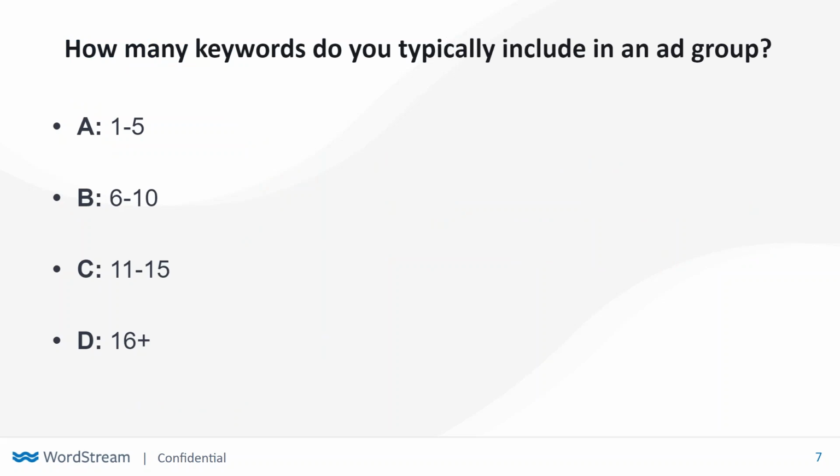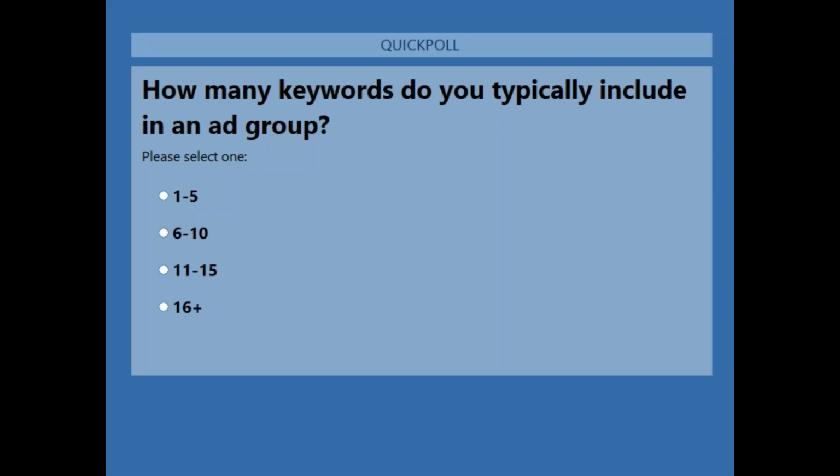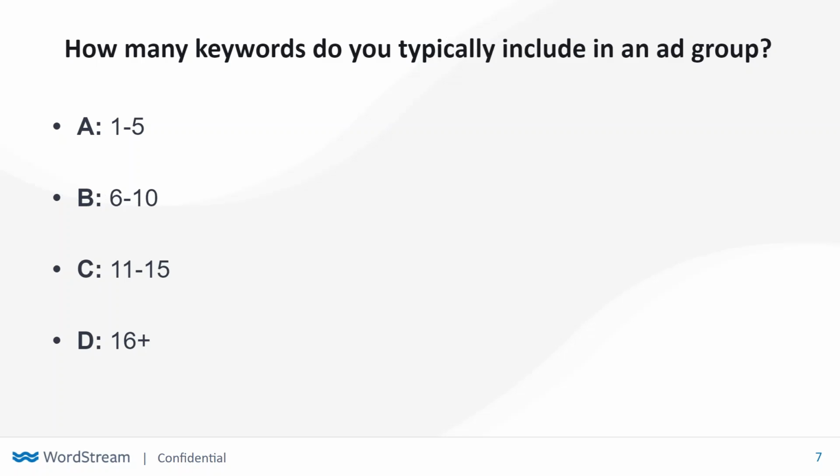Before we get into the agenda for today's presentation, we want to warm up the audience a little bit with a quick question. So when you are building a new ad group in a Google Ads search campaign, how many keywords would you say on average you put in that ad group? Is it 1 to 5, 6 to 10, 11 to 15, God forbid 16 or more? So there should be a poll on your screen right now, and whenever it's up there, just give us an answer if you can give a quick estimate,